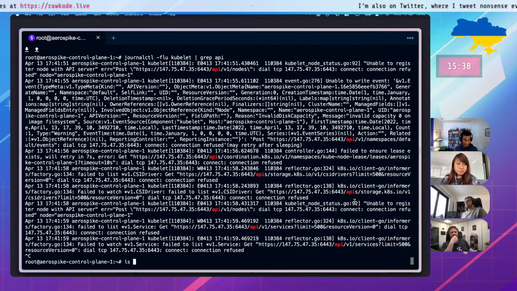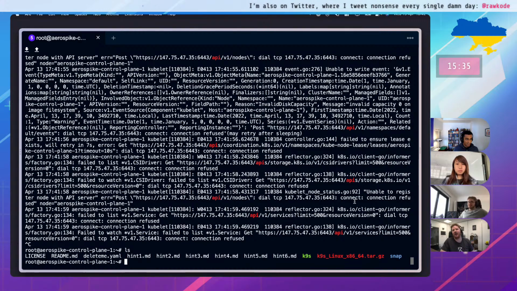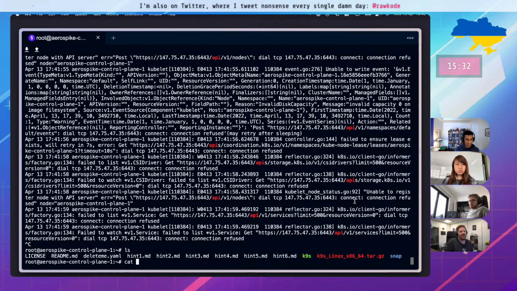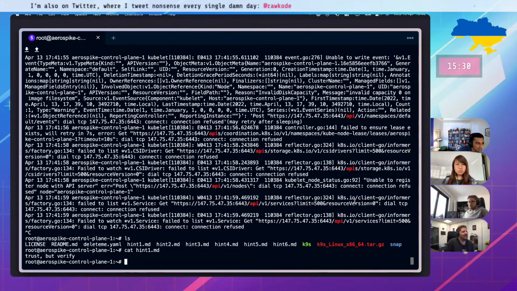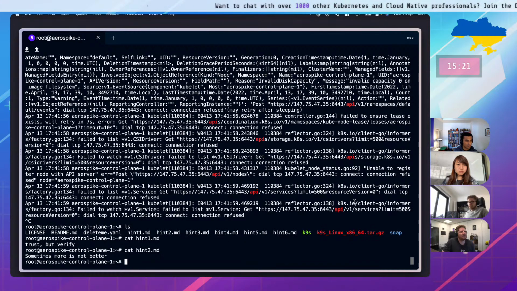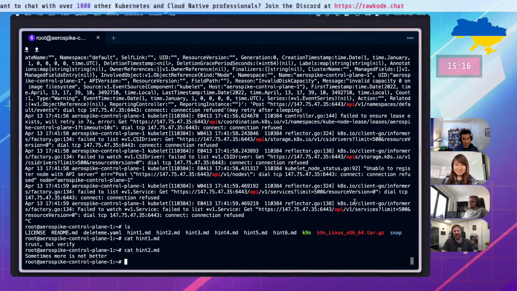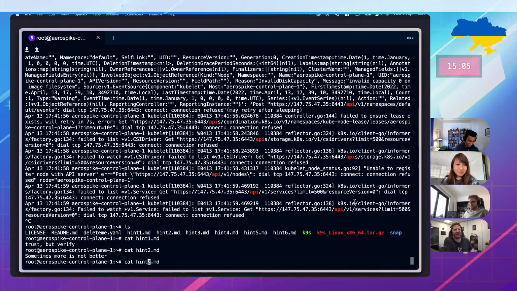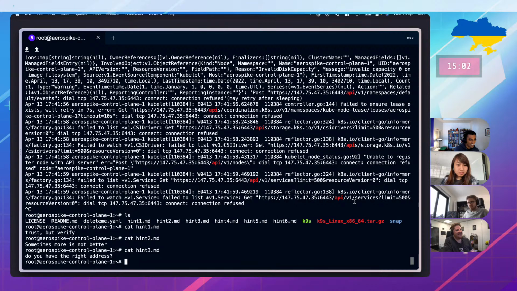Yeah, right. We can also check hints. We do have hints. All right. Trust but verify. Sometimes more is not better. These are subtle. Should we go to 3? Yeah, we've got 15 minutes left. Let's take a look at 3 and see if we've got any ideas. All right. Okay, I think you fixed that one. I think we fixed that one.